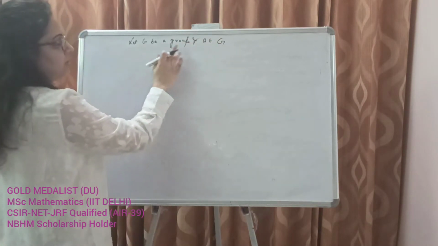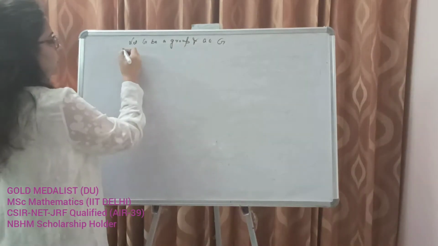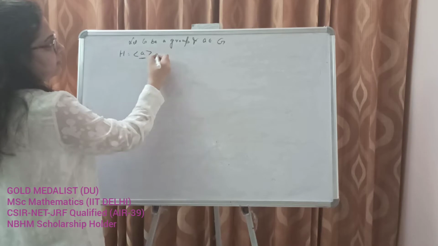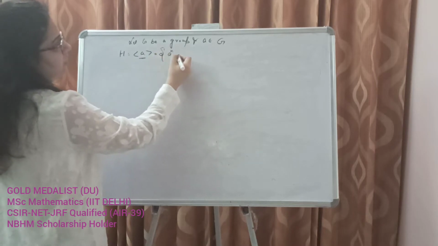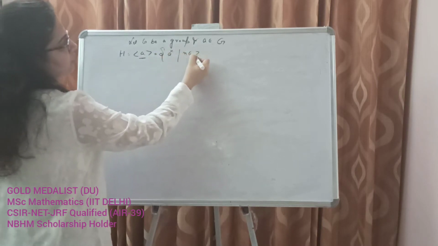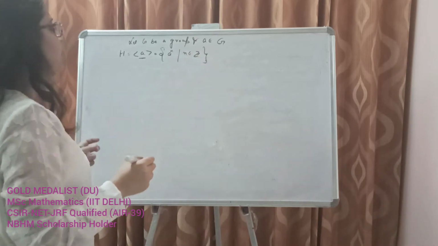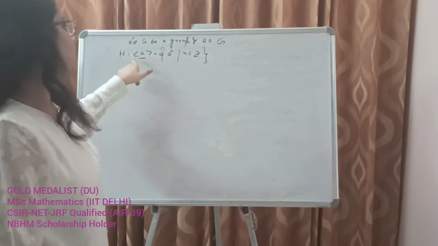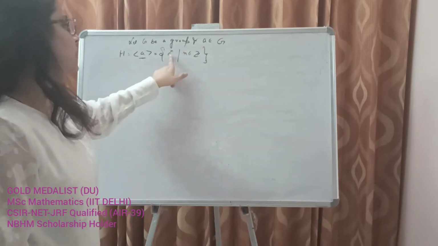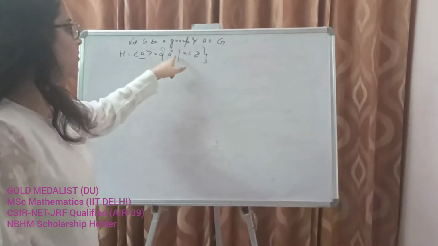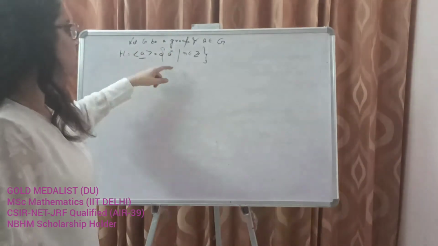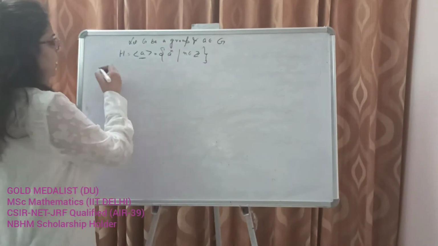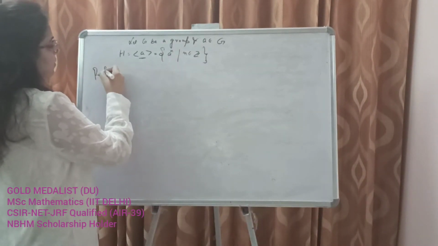So this says that if G is a group and a is an element in G, let's define capital H to be equal to this. Now what is this? This set is equal to a^n such that n belongs to the set of integers, right? So this is the set of all elements in G which are equal to a^n. All positive powers of, not positive powers, sorry. This is all powers of a. Right? So we will prove that H is a subgroup of G.